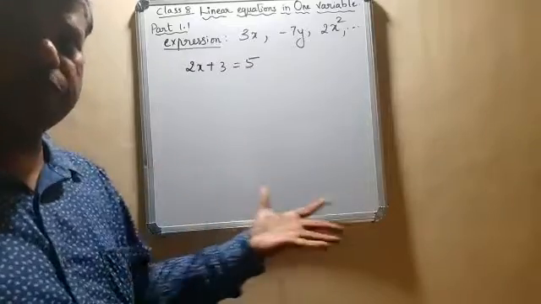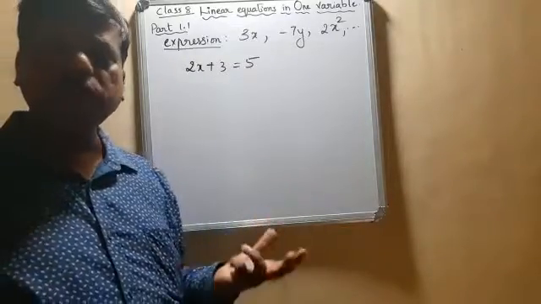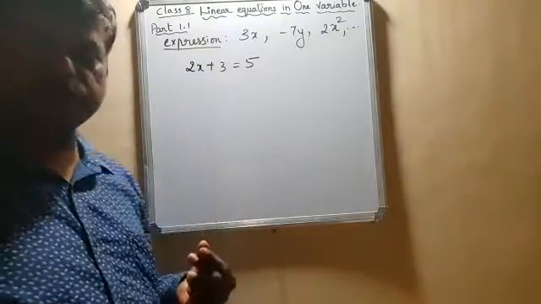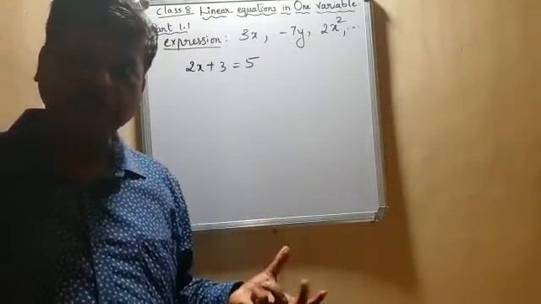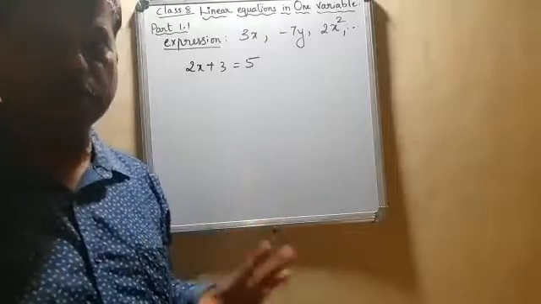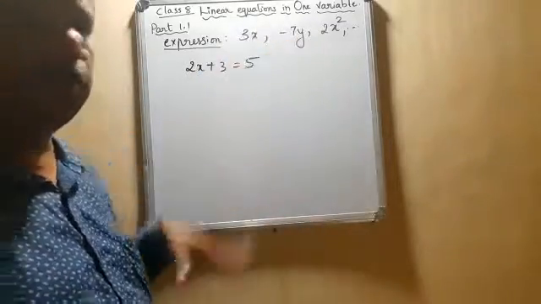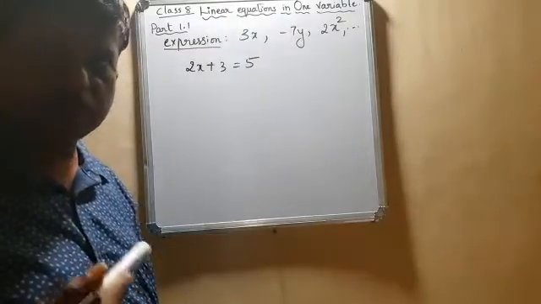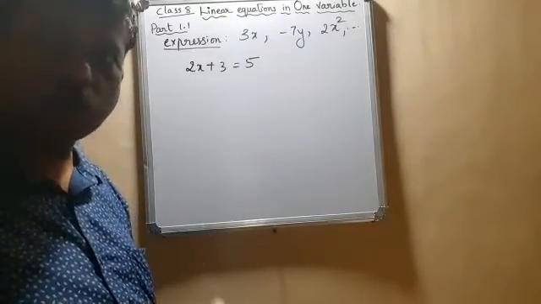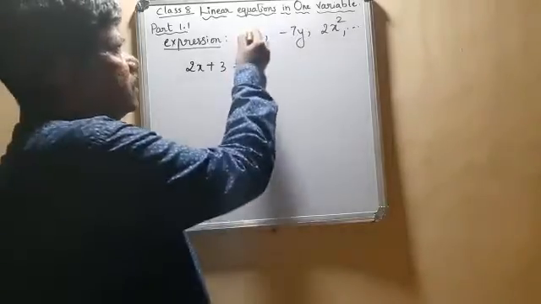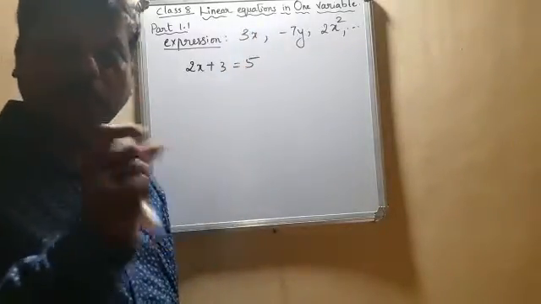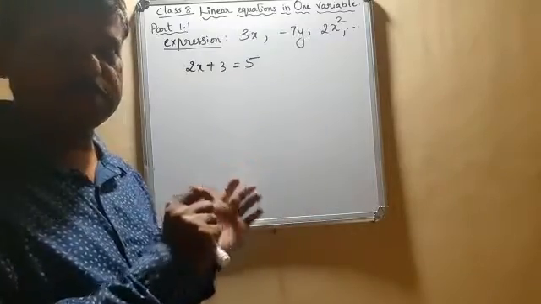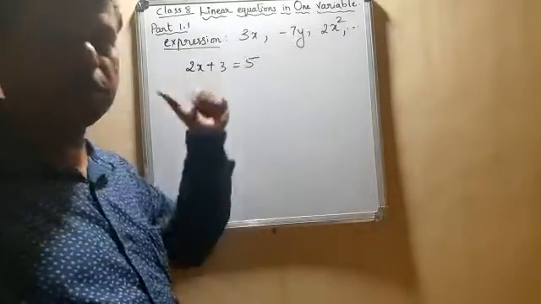So now coming to the next part, what is a linear equation? Linear means where the variable has got the highest power 1. So let us take this example again. 3x, x is a variable, right? What is its power? x to the power of 1, correct? So here this is a linear term. It is not equal to something, right? So we can't say that it is an equation. It is a linear term.